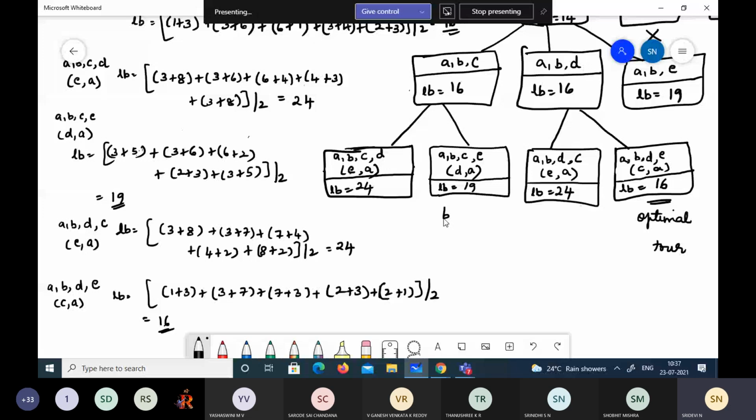So when we calculated, this is our first 2 and this is inferior to this, and both are equal. But our idea here is to select the optimal tour. Okay, we got to know how we calculate. Let us check the fixed route and the next shortest path. Okay, that's how we calculate the TSP using branch and bound.